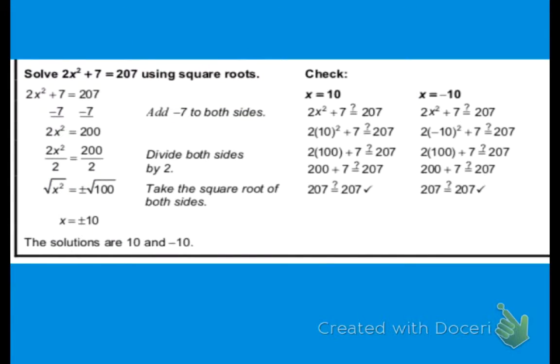Now, a lot of times your quadratic equations will be in a form that might look like this. And so far what we've been doing is, if we wanted to solve a quadratic, we would try to get everything on the same side and 0 on the other, and that's why we called it finding the zeros. But this time, because there is no x term,